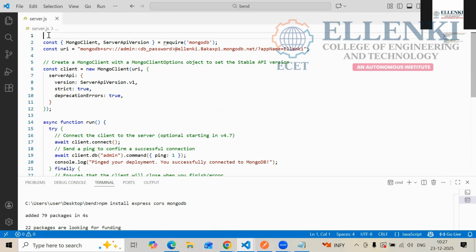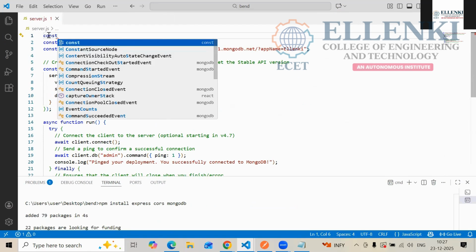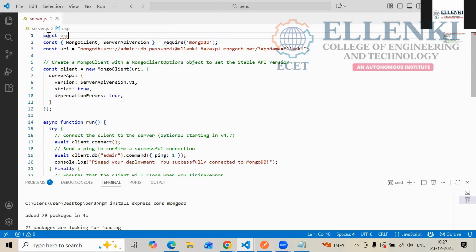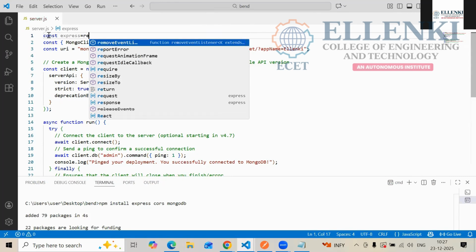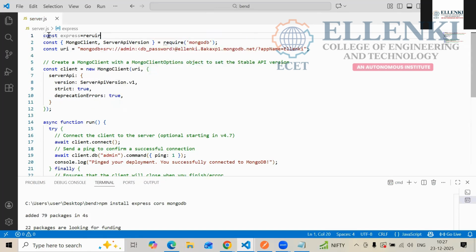So first, what you have to do here? You have to bring the express. You have to bring the cors. These are all things, right? So constant express equals require express.